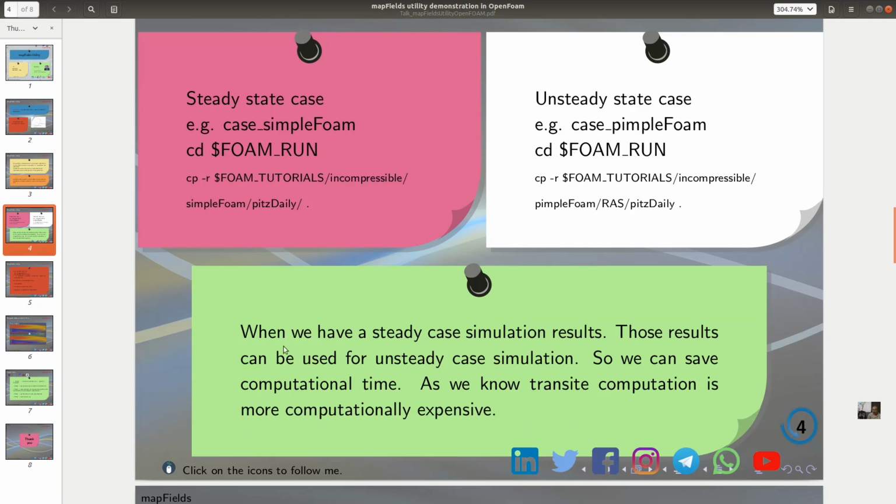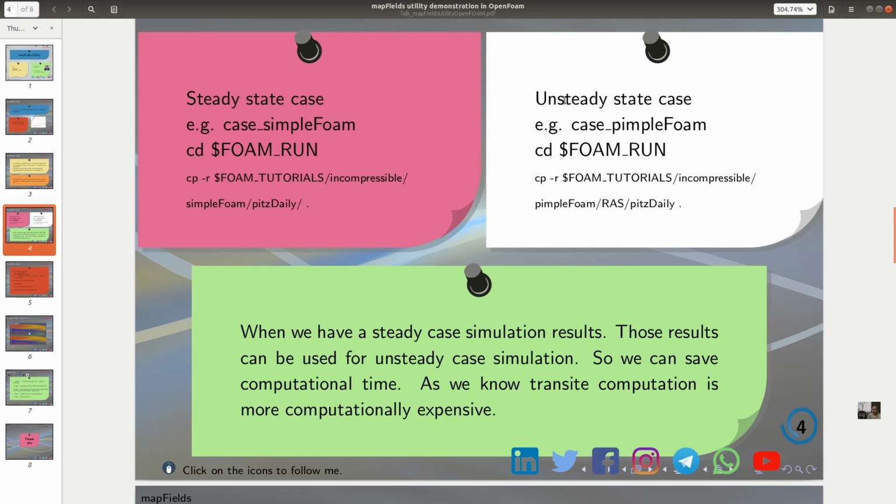Now, when we have the steady state case simulation results, we can use them for the unsteady state case. In this way we can save computational time.